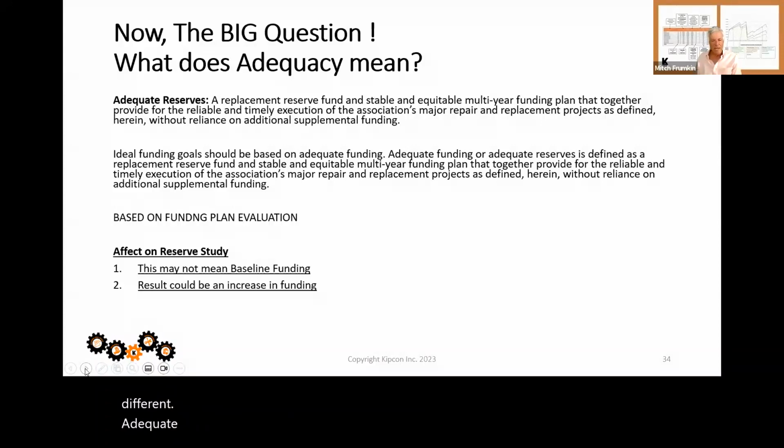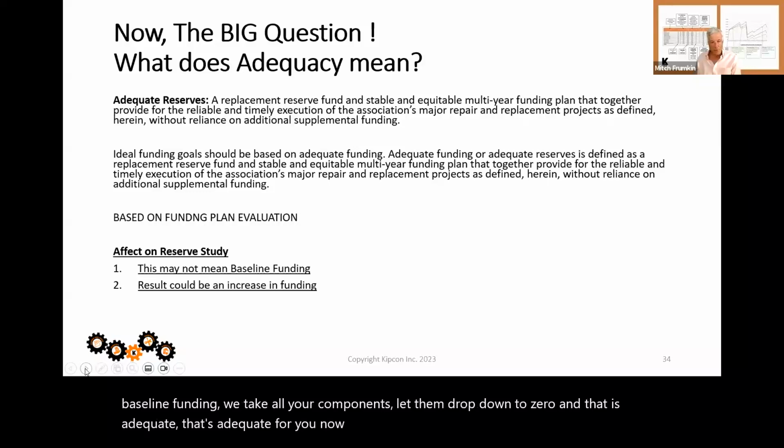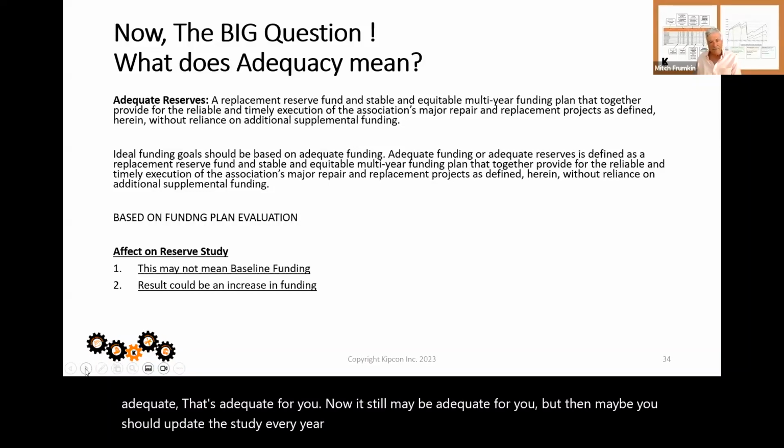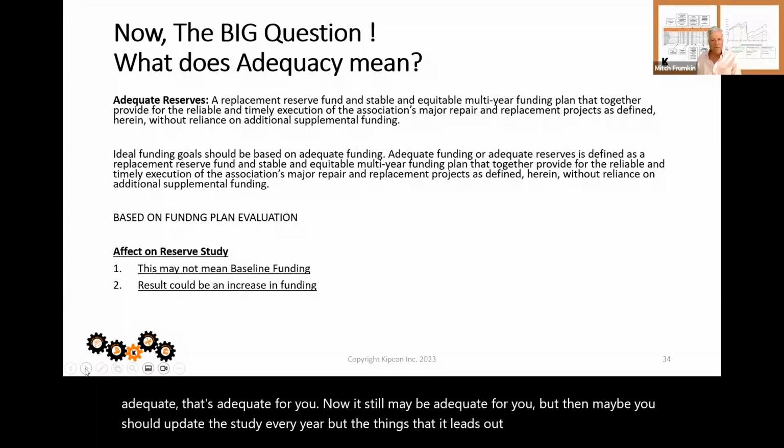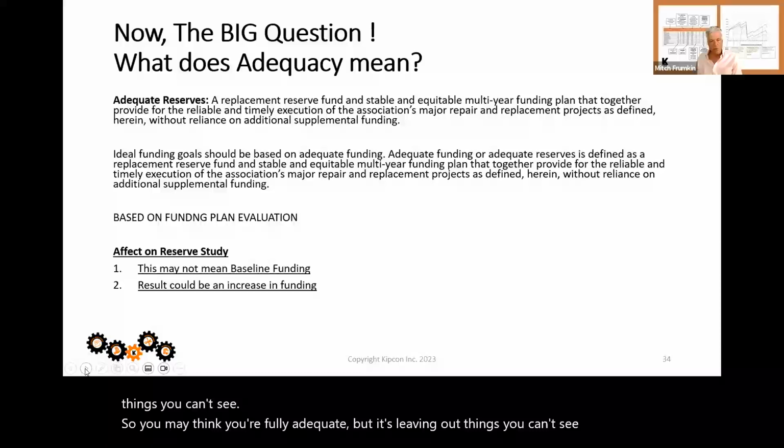Adequacy in the past was believed to mean that if you're using a baseline study, as I said before, baseline funding, where you take all your components, let them drop down to zero, and that is adequate. That's adequate for you. Now, it still may be adequate for you, but then maybe you should update the study every year. But the things that it leaves out is adequate. It leaves out things you can't see. So you may think you're fully adequate, but it's leaving out things you can't see because they're behind the walls